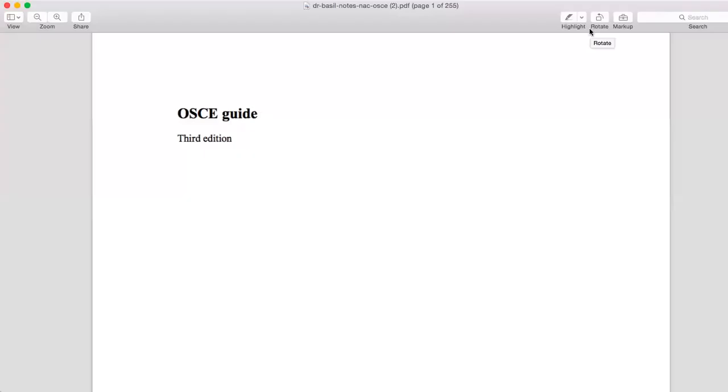So if you come to the NAC OSCE, you need to have study materials. The first study material you need is Dr. Basil notes. That's the whole textbook that you need to read and go through thoroughly. Then next, you can use the Edmonton manual, because you have to do some ethics cases from the Edmonton manual. Then there are different NAC OSCE guidebooks that you can use if you want to see something from there. Otherwise, Dr. Basil notes are more than enough if you go through all of them.